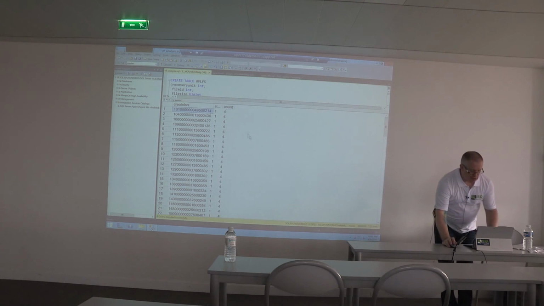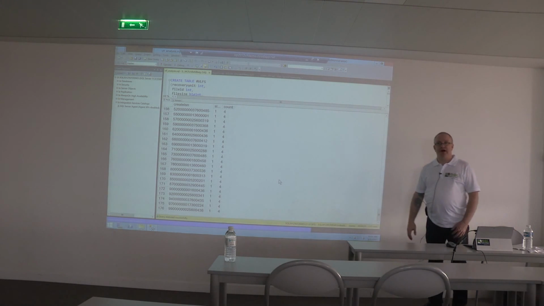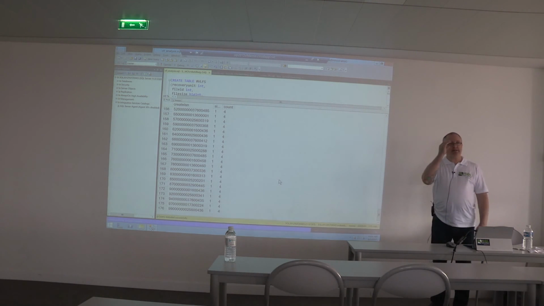I could do this all day long, and this number simply will not change, ever, because I'm only growing in 1 megabyte increments. That means I will add 4 VLFs every time. Make sense?